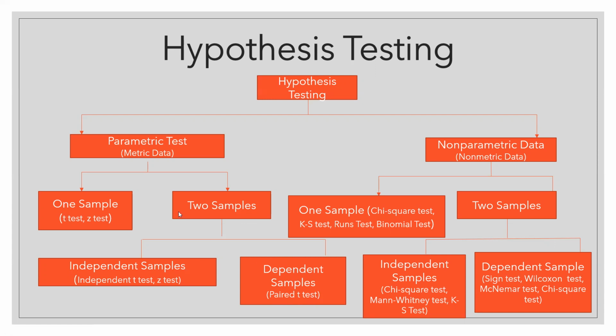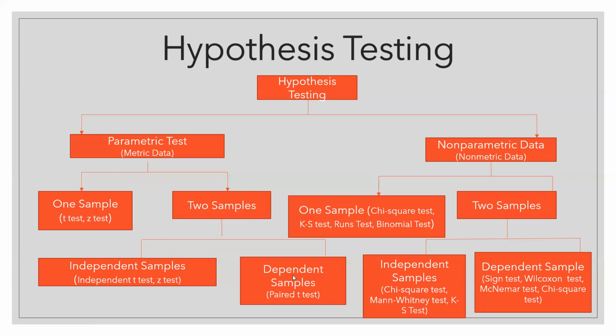What do you mean by one sample? What do you mean by two sample? One sample means you have taken a single sample, and on this particular sample you are going to apply a t-test or z-test, any one test. But two sample means you have taken samples twice. When these samples are not related to each other, you are going to apply independent samples. That means you are treating them as independent, and you apply an independent t-test or z-test.